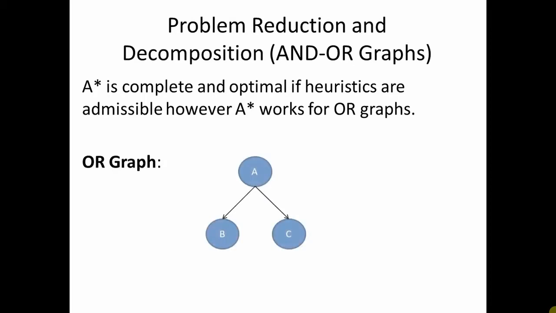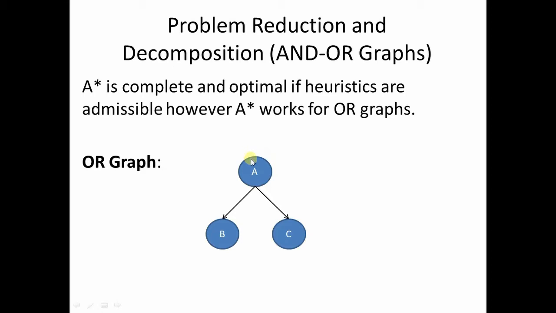What is an OR graph? If you consider this example, you see that node A is the root node. A has two successors, B and C. From node A, you can choose only B and go through this path, or you can choose only C and go through that path. So B and C are independent of each other. B will cater for a different solution, C will cater for a different solution. They will never converge and don't have any relation between them. A graph of this type is called an OR graph.